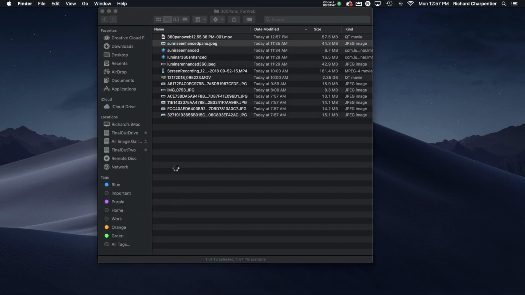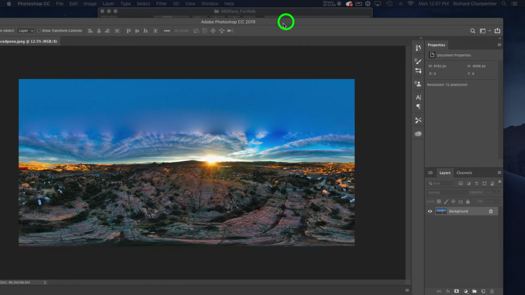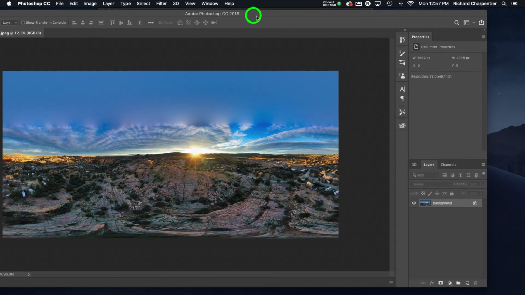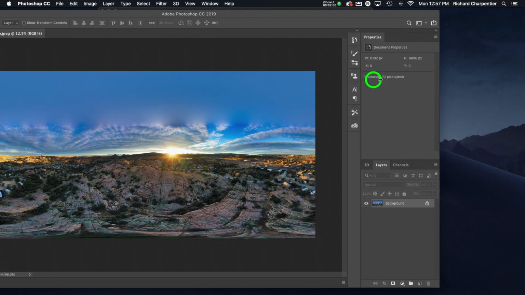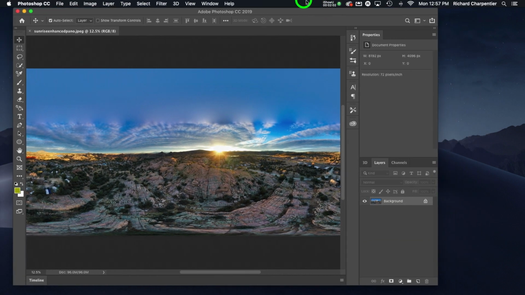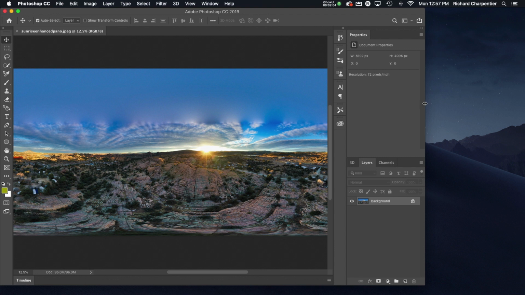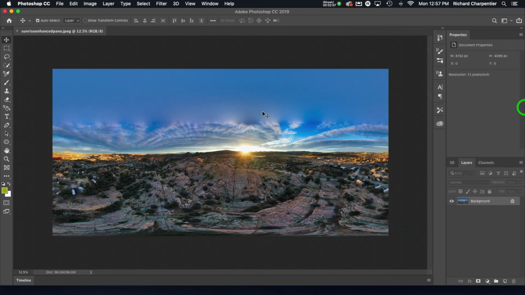And the reason I'm throwing it into Photoshop is because Photoshop has some 3D features, and it also has a 360 panorama feature. So I'm just pulling this over, and actually I'm going to shrink the screen a little bit because my screen sizes are different between my iMac and my additional monitor. So there we go. This is what the 360 pano looks like after it's come out of the Go 4 app and then had a slight amount of editing